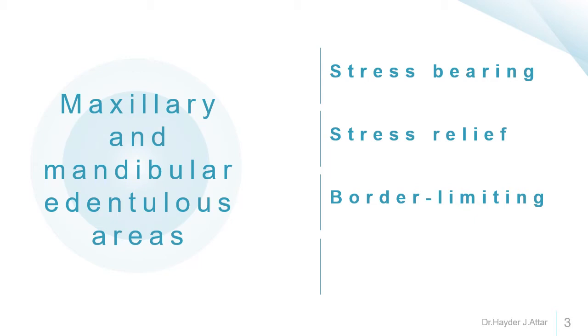The stress bearing area, or the supporting area of the maxillary and mandibular edentulous area, is the area of the edentulous bone that can support or is suitable to withstand the masticatory force, while the stress relieving area is the area of the maxillary and mandibular edentulous area that cannot withstand or is not suitable to withstand the masticatory force, because the anatomy and the type of mucosa and connective tissue covering these edentulous areas may be sensitive or affected or traumatized by the